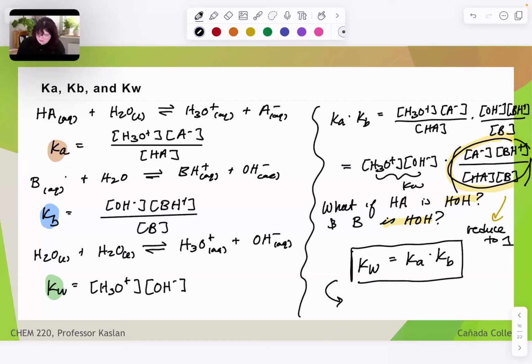So this will be important when we want to make pH, pOH determinations or pKa, pKb determinations for a weak